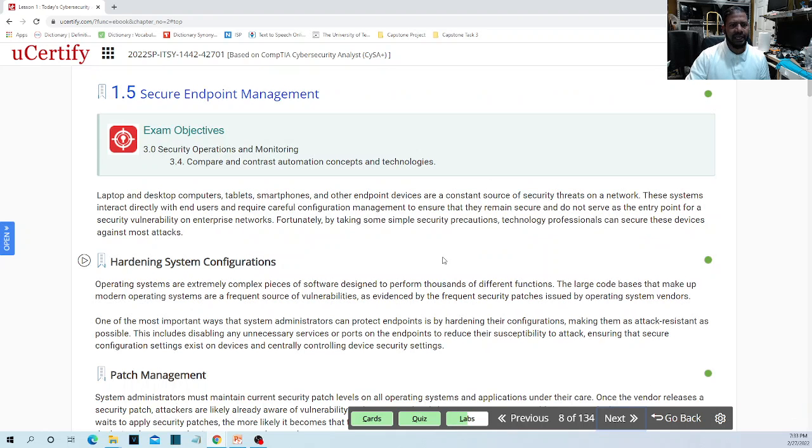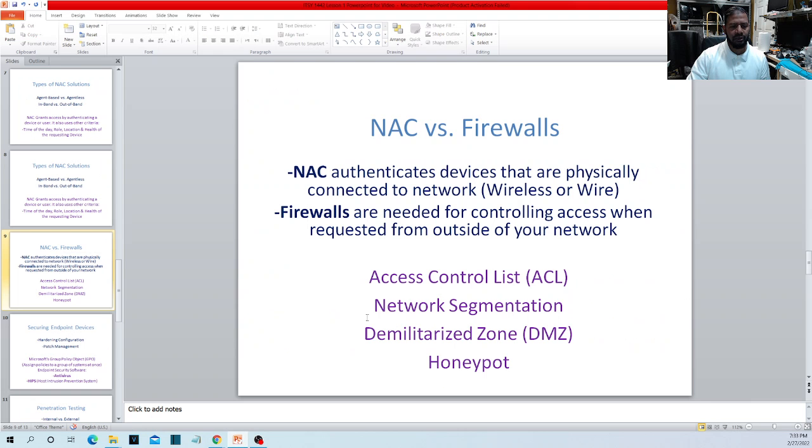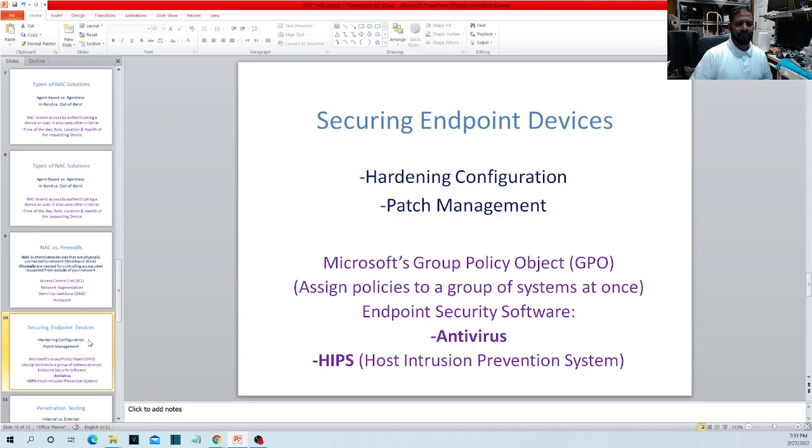endpoint security. What is an endpoint? An endpoint is your computer. How do you know whose device is an endpoint and whose device is an intermediate point? Your routers and switches are not endpoints. A laptop, a phone, a tablet, a server machine, a printer, they are called endpoints. They are at the end of the network, the actual machine that we use. And for one computer to communicate with another computer, you have to go through routers and switches in between. Those are not endpoints, those are intermediate devices.